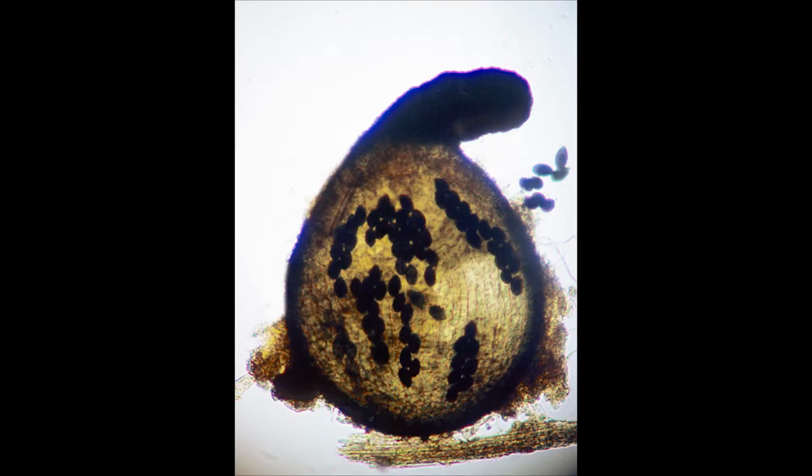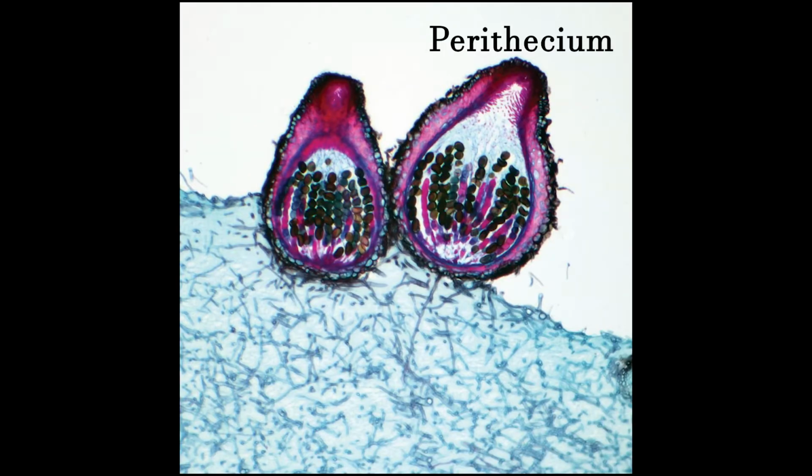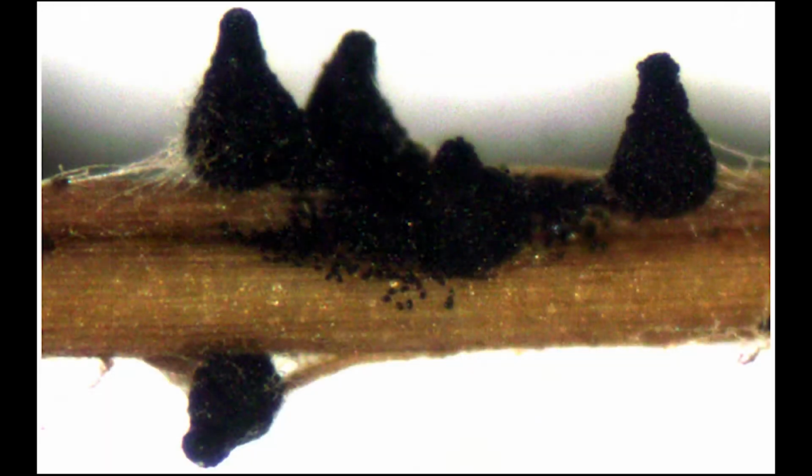These ascospores are stored inside an ascus, and a group of asci are produced inside a perithecium, or a flask-shaped fruiting structure. When there is enough pressure built up inside an ascus, the ascospores are ejected through the ostiole, or the opening of the perithecium. Once the ascospores land on suitable habitat, like decaying plant matter or dung, the haploid ascospore germinates